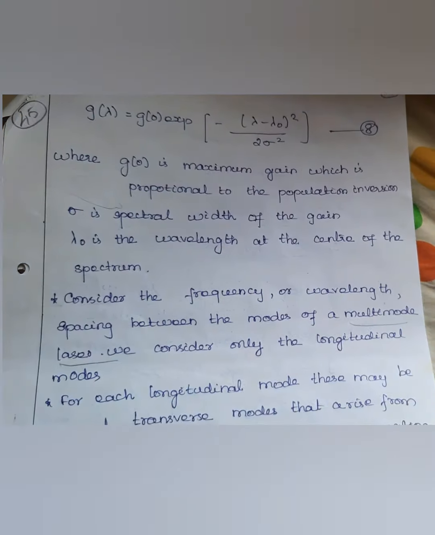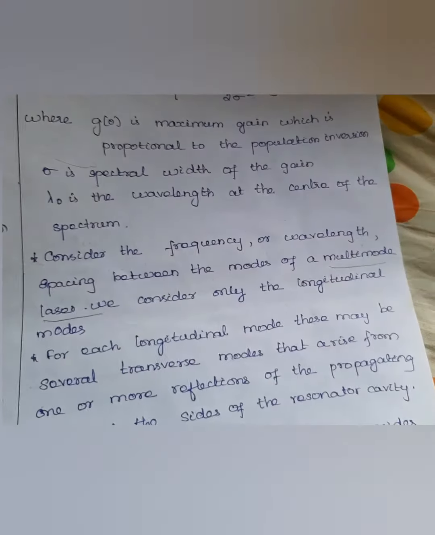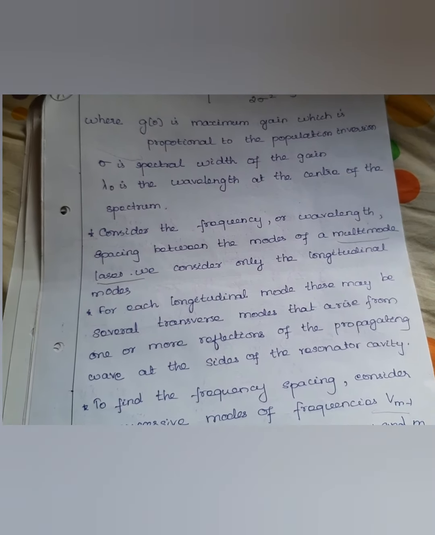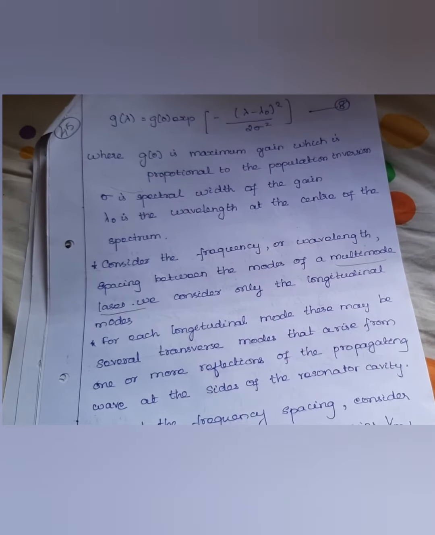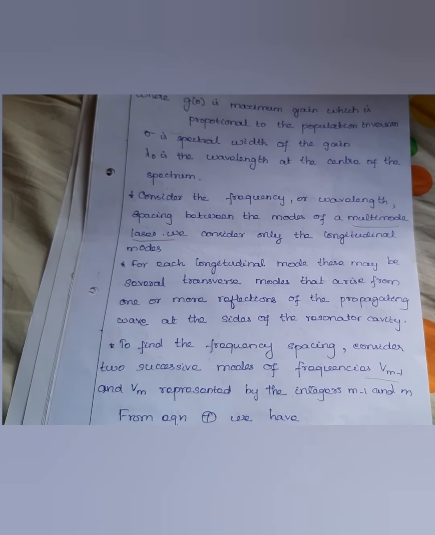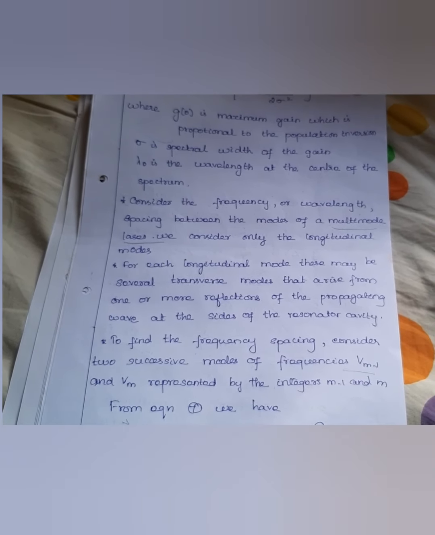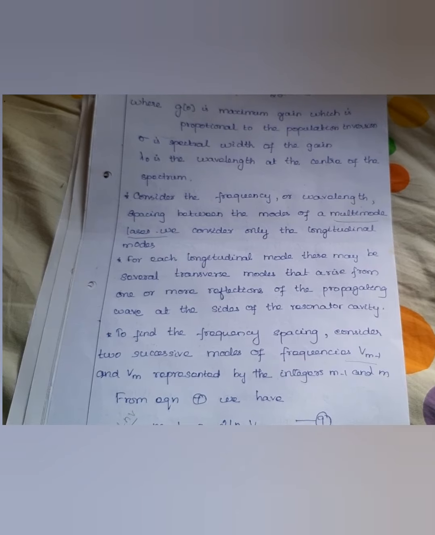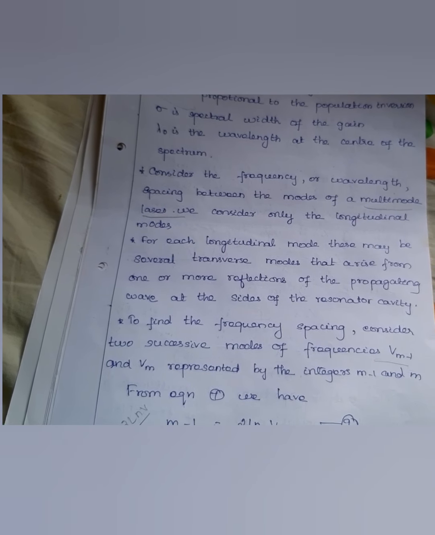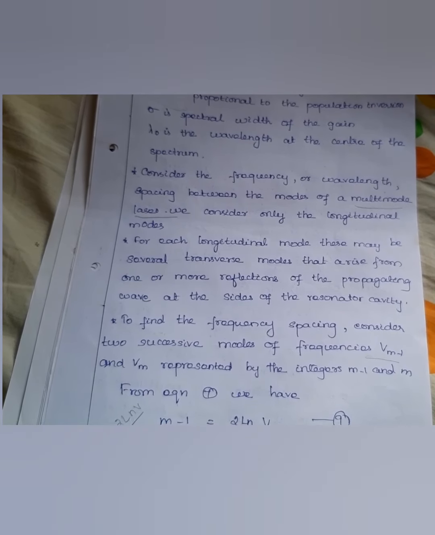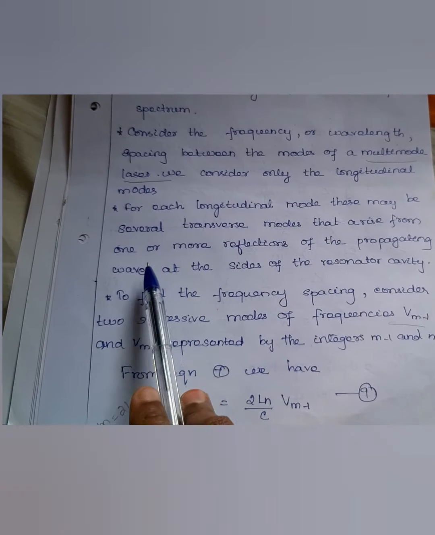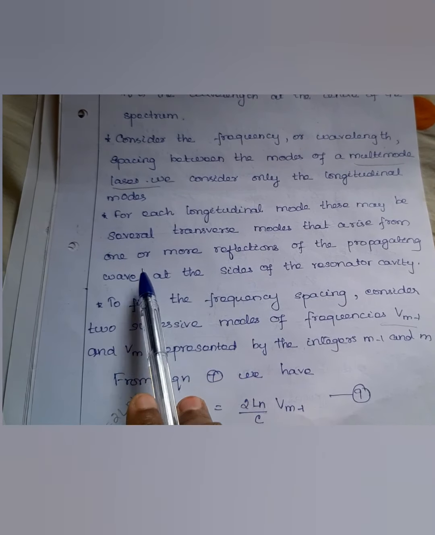So we have studied the three types of mode. What are the three types of mode? Lateral mode, longitudinal mode, and another one is the transverse mode. Correct? Okay, so longitudinal mode is related to the length of the cavity, and it is used to determine the principal structure of the laser, and lateral mode is related to the width of the cavity, and it is used to determine the shape of the structure, and transverse mode is related to the electromagnetic wave field, and it is used to determine the lasing principle. Okay, so here the transverse electromagnetic modes means TE and TM modes. Okay, they arise from one or more reflections of the propagating waves.